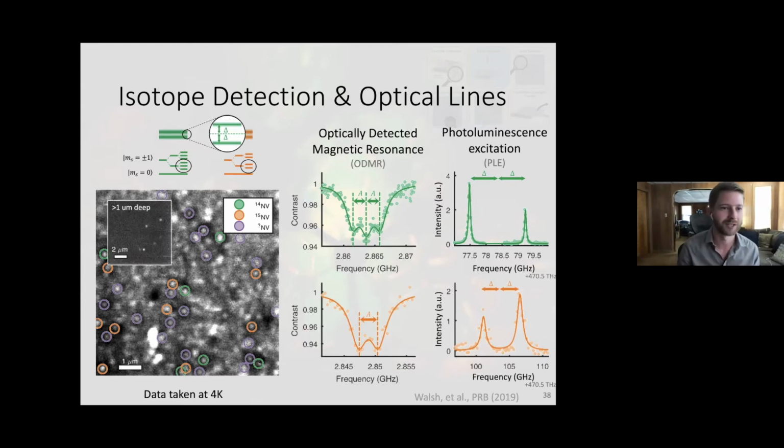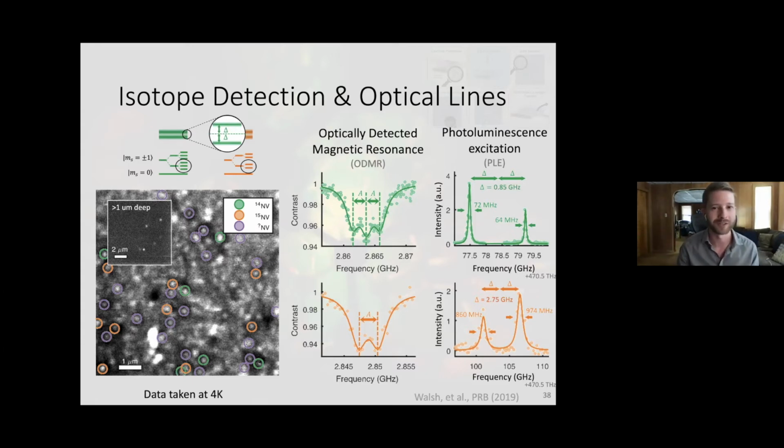And we can do a sanity check and just make sure that this was caused from our implantation and annealing by looking deeper into the diamond and seeing way fewer NV centers. And so the thing that jumps out here is that the NVs formed from our implanted nitrogen have about an order of magnitude worse, or broader, line width. And we can also see that the splitting between them is also quite a bit larger.